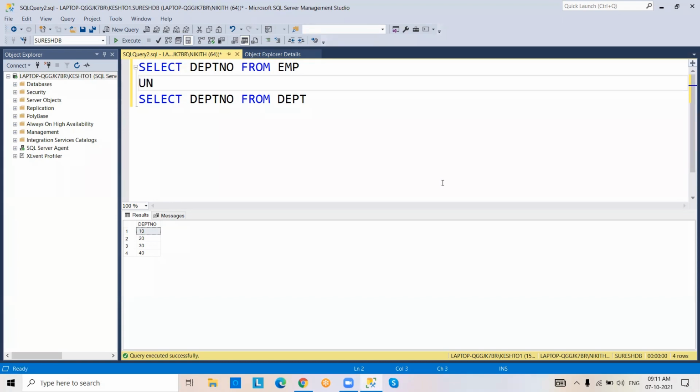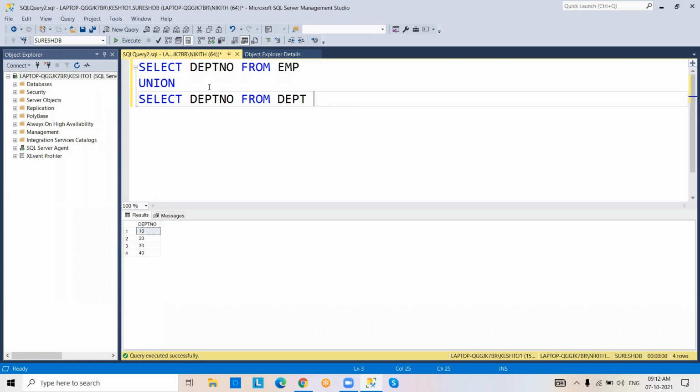Now let's go to the union operator. What happened? 10, 20, 30, 40 returned, but only four rows. Why only four rows? Because the union operator retrieves only unique data.